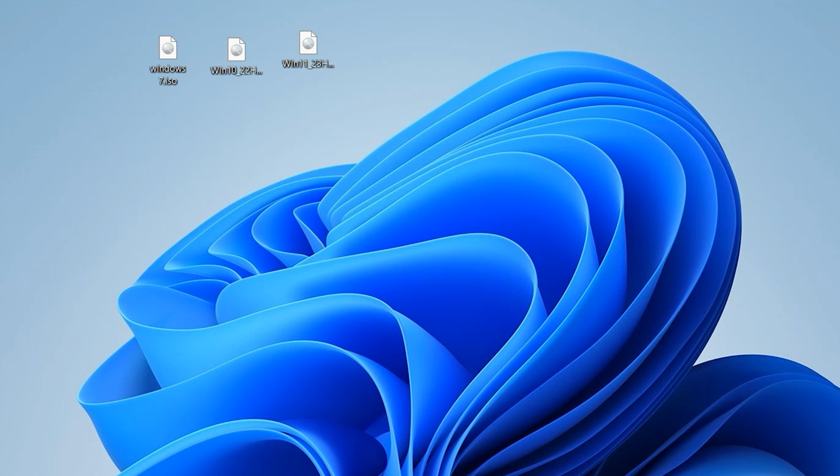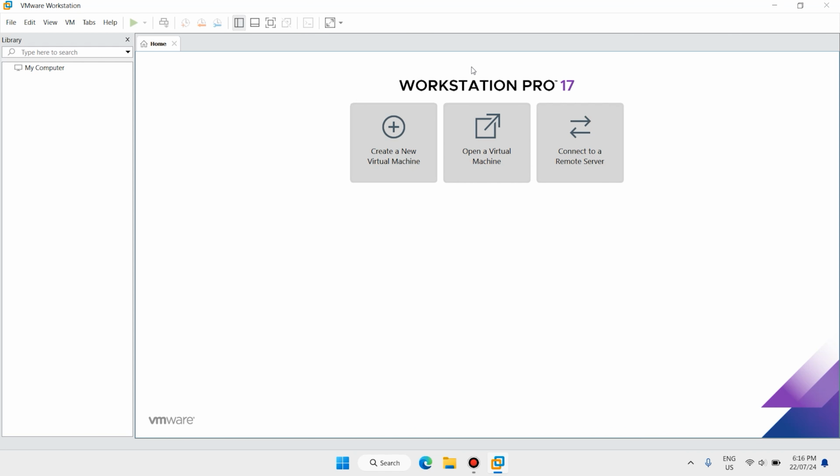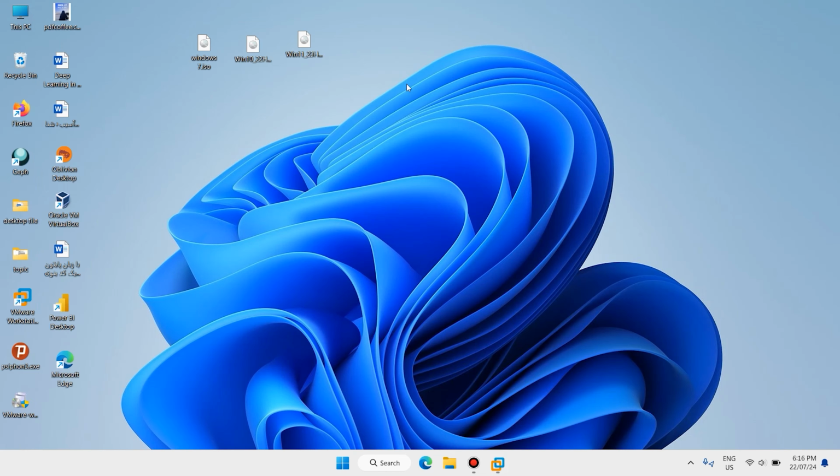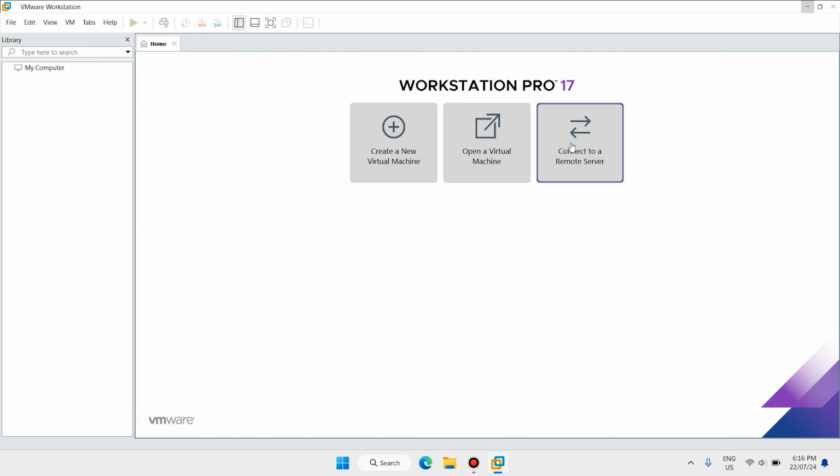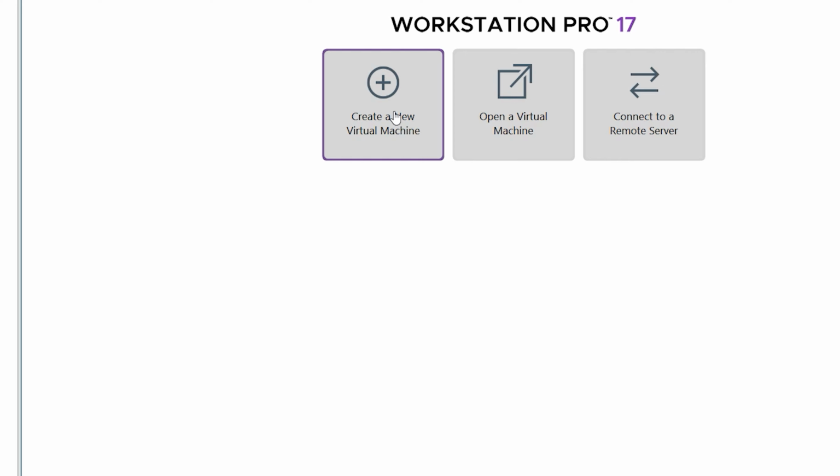Open your VMware Workstation. Here is VMware Workstation 17. With this method, you can install any Windows you want, like Windows 7, 10 or 11. But the Windows 11 installation is a little different. I have separate video for this, but the setup is the same. Create new virtual machine,